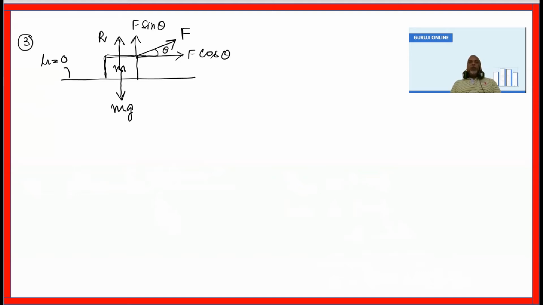If we resolve the forces horizontally and vertically, then we can write it as R plus F sin theta. This must be equal to mg,